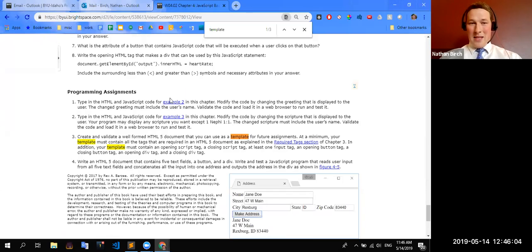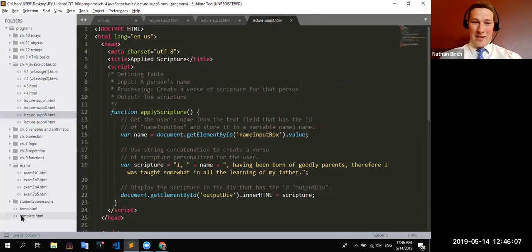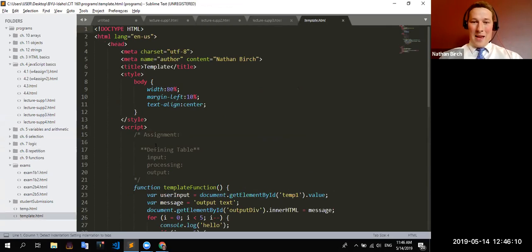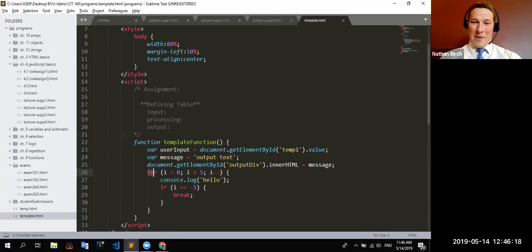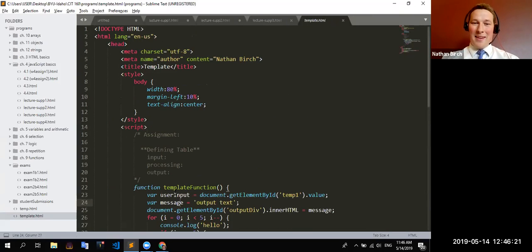If I look at my template right here, I just have it down here outside of each chapter, and I can just take this template and copy and paste it anytime I'm making a new assignment. Apparently I did something at some point to mess with my template, but I would make a template assignment and then just not edit it anymore, and copy and paste it over and over again. I don't expect you to type out this meta charset word for word every week, or even any of this stuff. You can for sure, but I would encourage you to just save it in a template file and go off that anytime you make a new assignment.